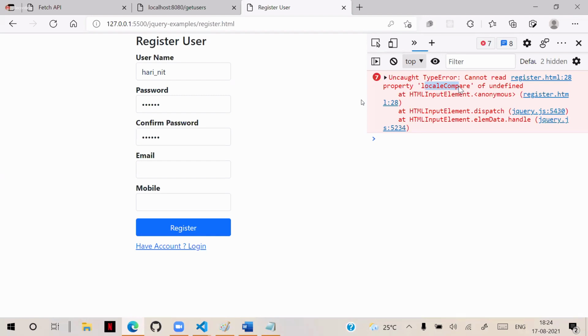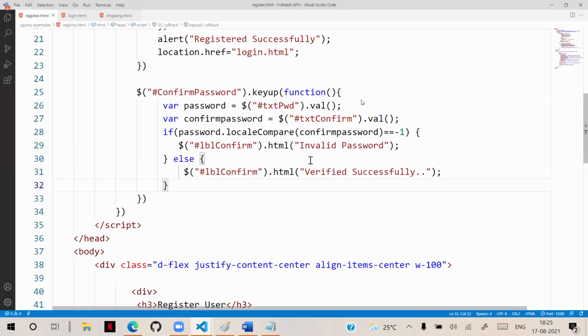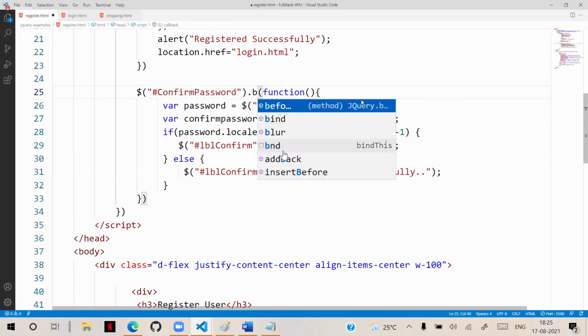So generally in JavaScript, this is the technique of how we compare. But when you are comparing two strings, some problems will come, especially in a JavaScript, jQuery based environment. You will get some issues because it says that it is undefined. Undefined means there is no value available because you are verifying on keyup. For example, we will verify on blur.